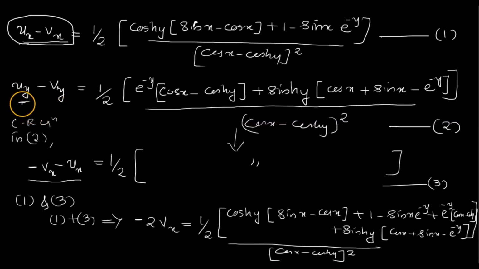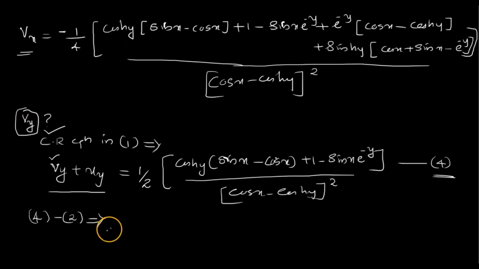If we subtract 2 from 4, we get Vy and Uy will be cancelled. So 4 minus 2, we get 2 into Vy equal to half is common